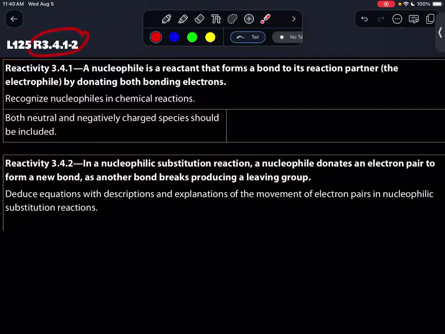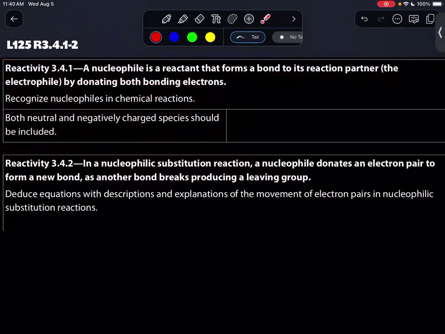Today we're covering reactivity 3.4.1 and 2. In 3.4.1, we're going to discuss a nucleophile as a reactant that forms a bond to its reaction partner, the electrophile, by donating both bonding electrons. We'll explain what that means. We should be able to recognize nucleophiles in chemical reactions, and we'll include both neutral and negatively charged nucleophiles or